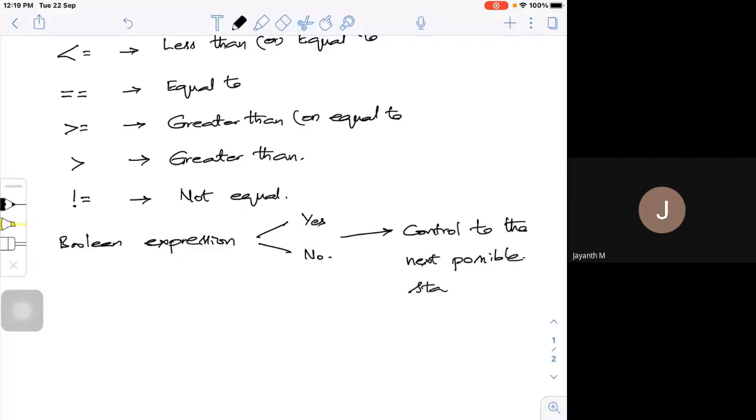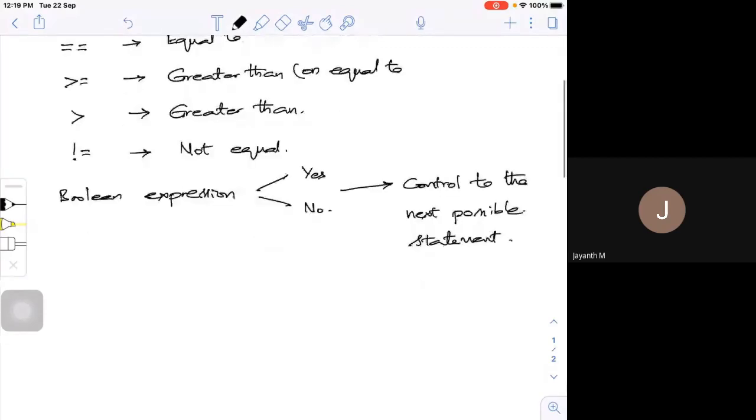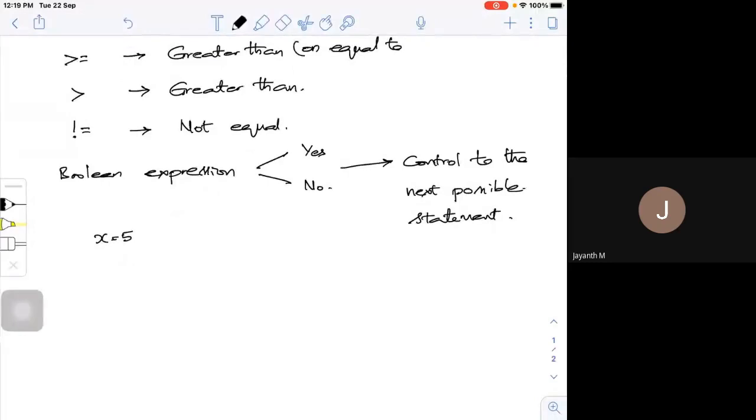Let me give an example. Say x is equal to 5 is what I am going to define. Then I give a statement: if x is less than 10, print it is a small number.